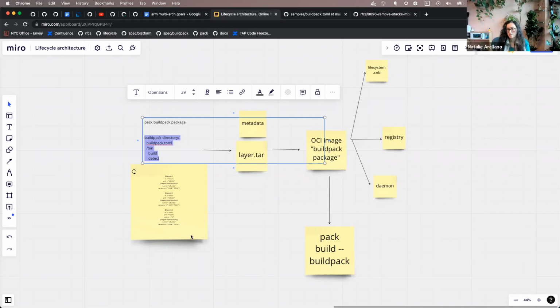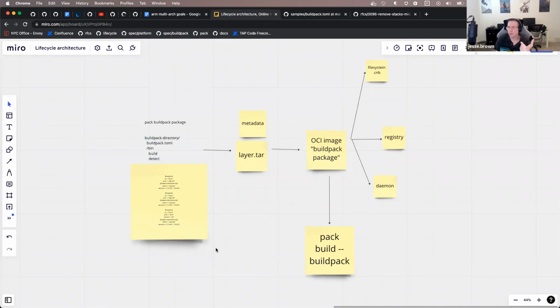So if we think about this from an end user perspective, like a buildpack author, I think what we're talking about is a GitHub Actions workflow that would have build AMD, build x86, and then funnel into a combine with Crane, publishing those together, right?